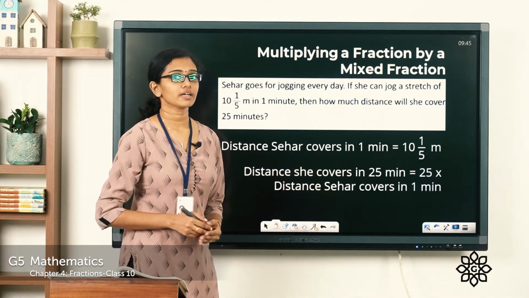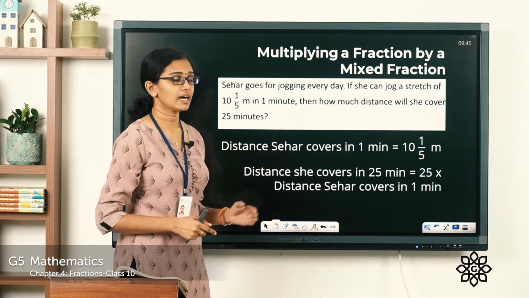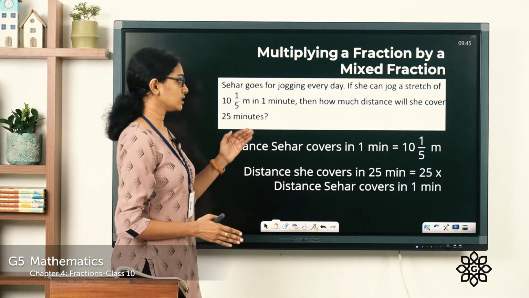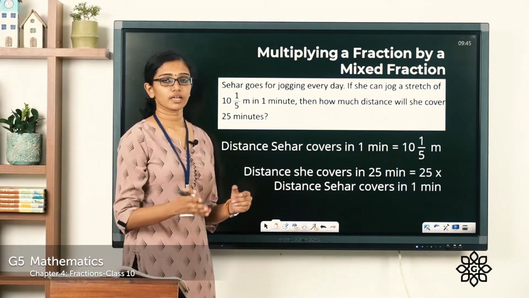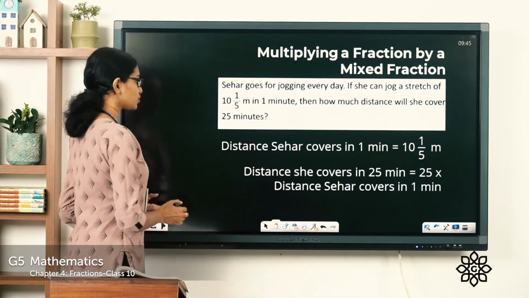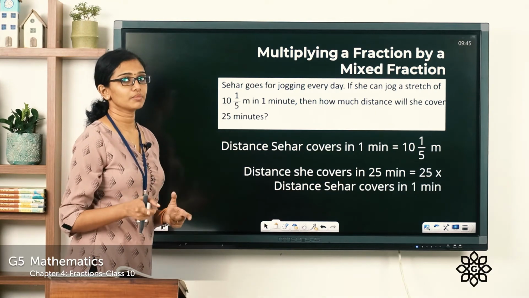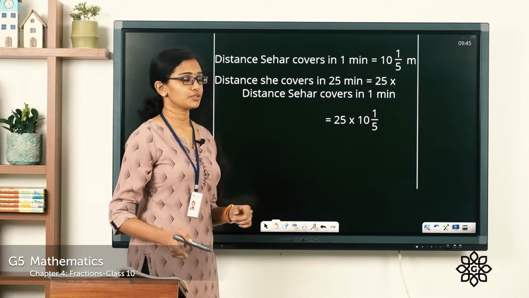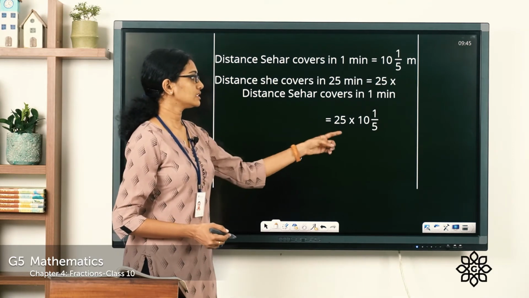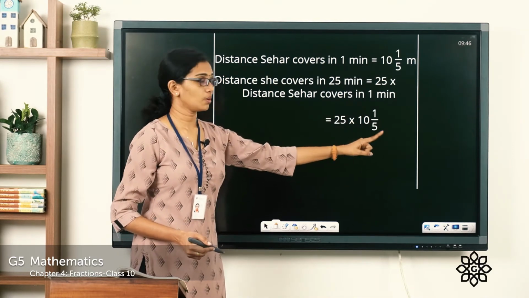Children, it's very important that you write the steps from the data given in the question. So you write the proper steps and then you come to the final calculation. And make sure you are substituting the numbers correctly. So that would be equal to 25 into 10 1/5, which is the distance she covers in 1